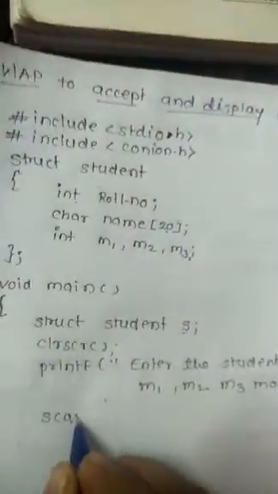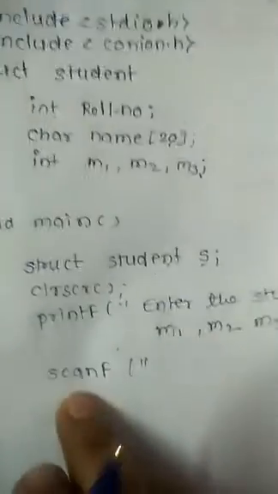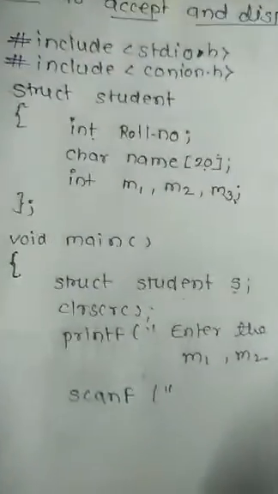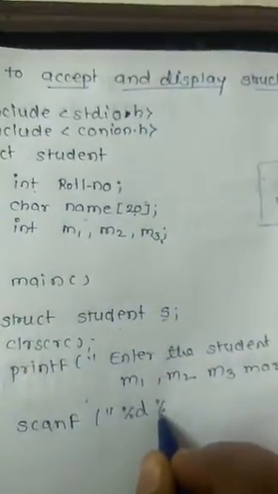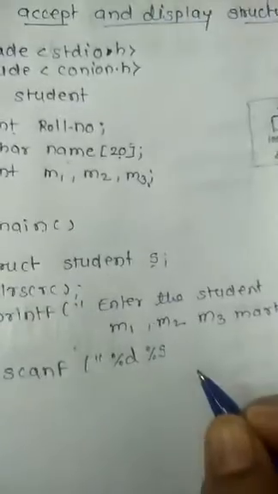So when we give the message and you want to accept, you have to take the inputs. So the scanf function is required here to take the inputs. After printf we write the scanf, to now read the data. When we read the roll number, the roll number is integer type data, so we declare %d. Once again, name is a character array. Character array means it is a string. So I have %s.